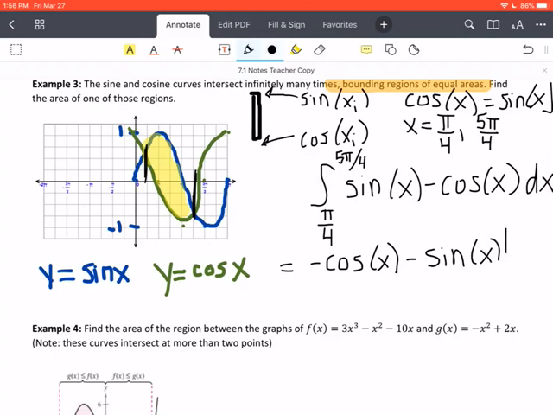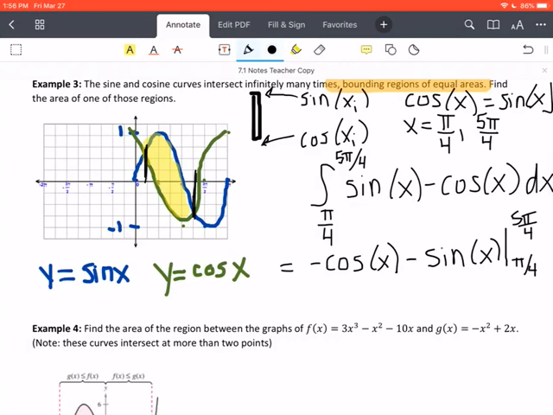And we are going from pi over 4 to 5 pi over 4. All right. So at this point, we would have to figure out what is the cosine of 5 pi over 4 and the sine of 5 pi over 4, and then the same thing with pi over 4. So now we're going to evaluate the